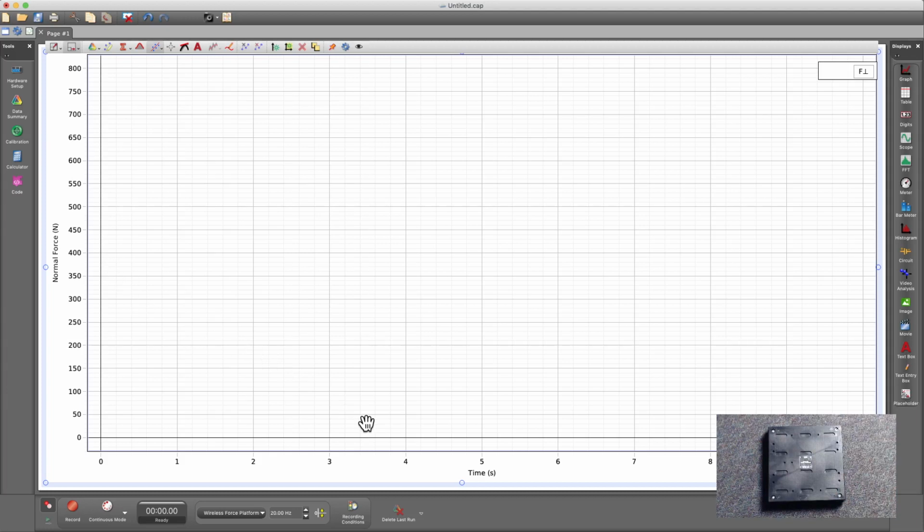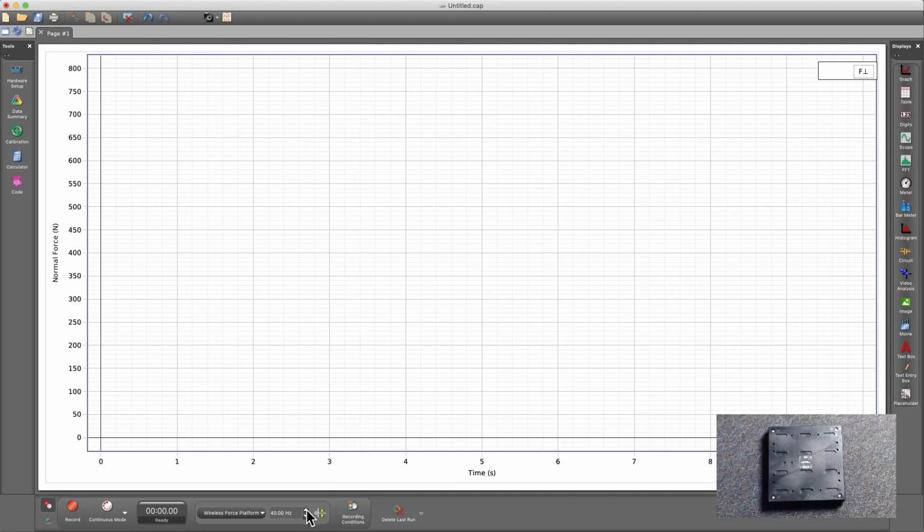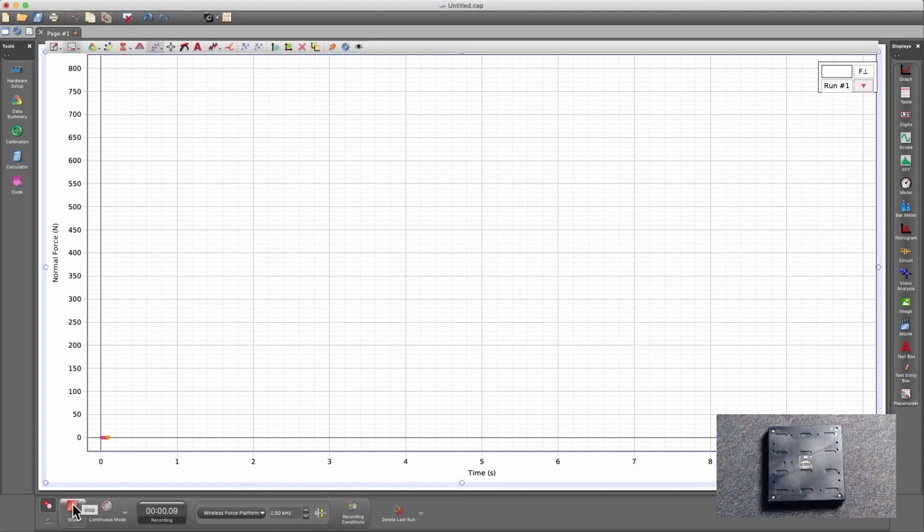Now, if I'm interested in getting a burst of data at a high sample rate for a short duration event, like dropping a basketball onto the platform, I would need to increase the sample rate above the default of 20 hertz. So I'll increase the sample rate to something like 2.5 kilohertz. And at 2.5 kilohertz, when I hit record and have a force on the platform, you notice that there's a lag in time as the data is transmitted